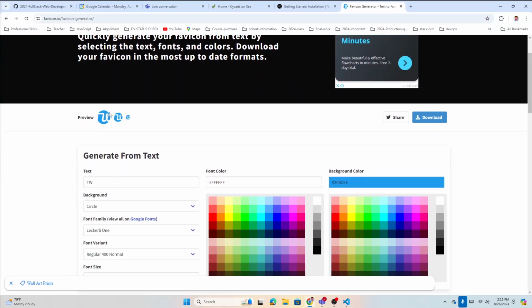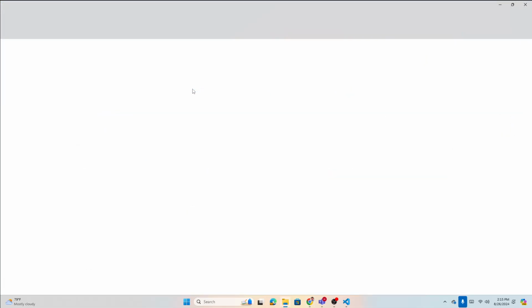But sometimes it will not fit, so you must make it maybe small, like that. Something you want to just display. Favicon is what is displayed in the top of your navigation bar, before the title. You'll see that icon, that is the favicon. So you can download and use it. Download that, and